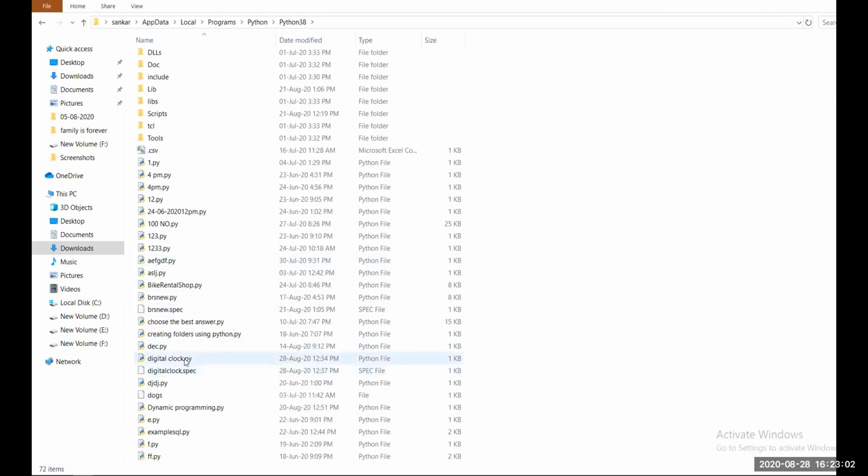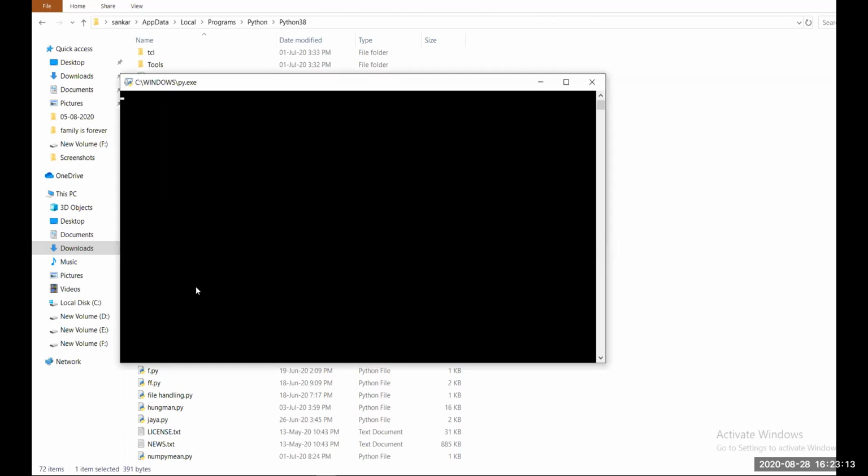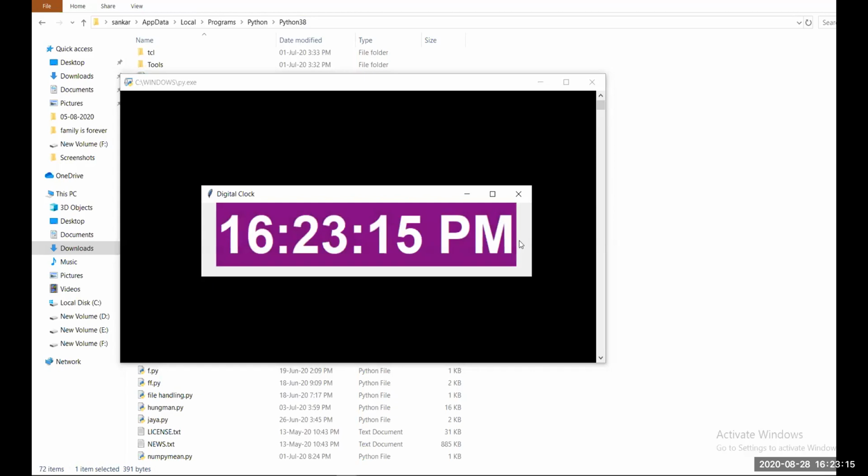Here I have already developed digital clock.py. I'm gonna show this. Just click that and it opens the console window and gives your digital clock. Now we are going to make this on our own, right?